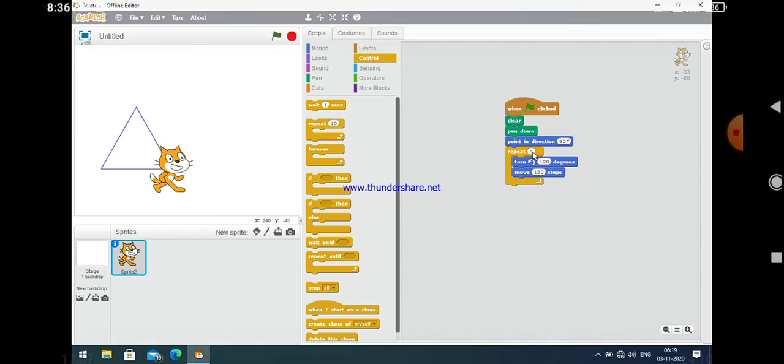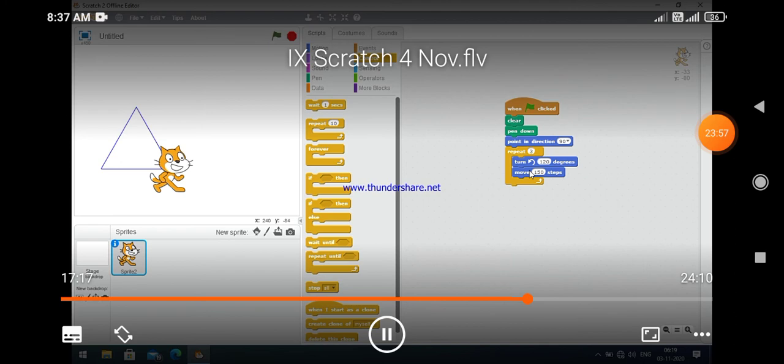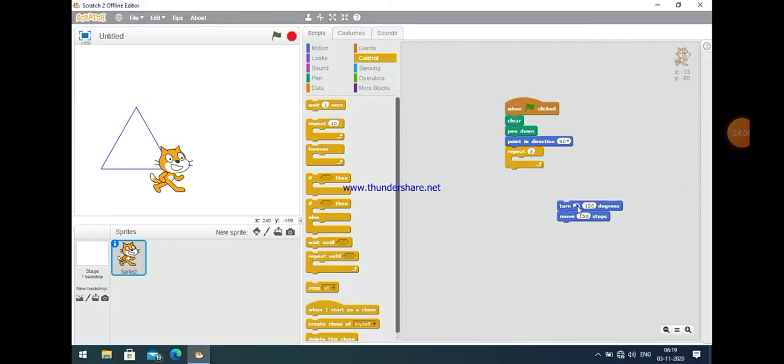Suppose I just give repeat 4, because a square has 4 sides, so I want to repeat it 4 times, and then I will also change the angle to 90 degrees. Then actually a square will be formed.